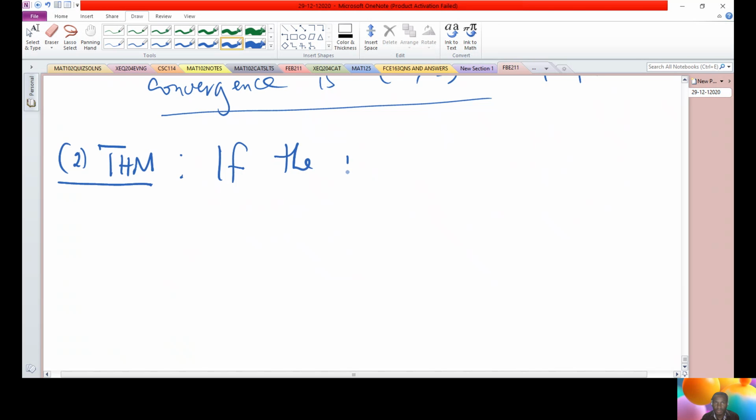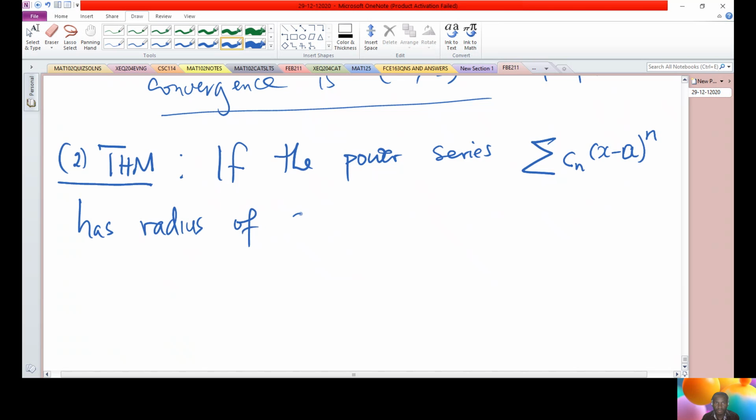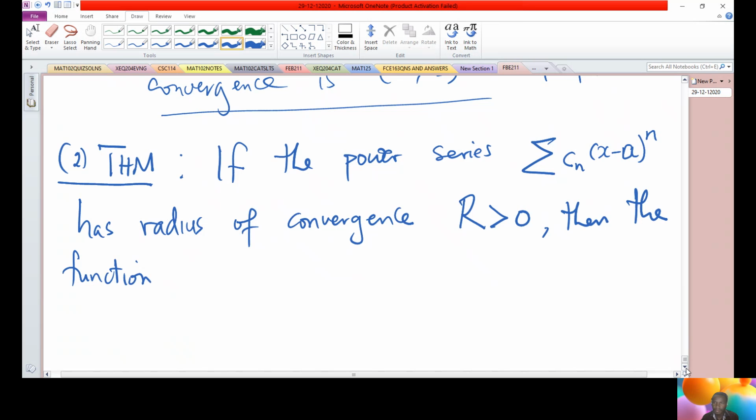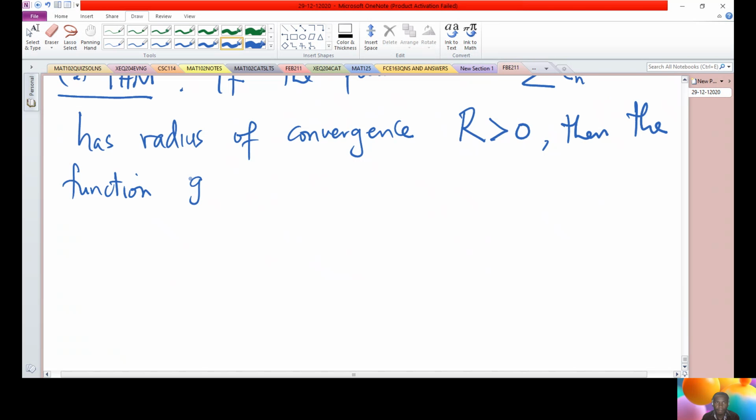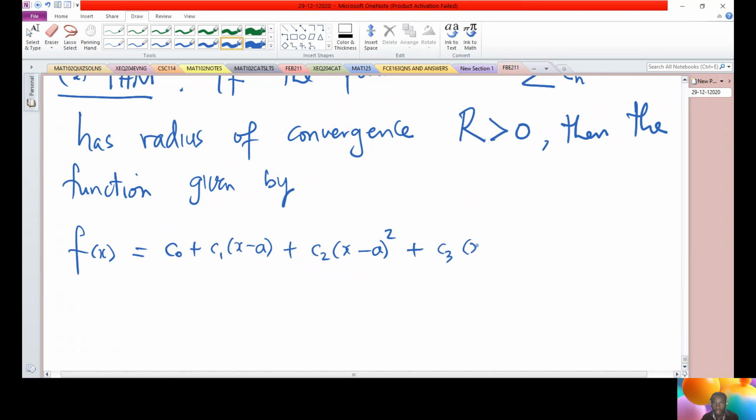If the power series has radius of convergence R greater than 0, then the function given by c0 plus c1 times x minus a, plus c2 times x minus a squared, plus c3 times x minus a cubed, plus c4 times x minus a to the power 4